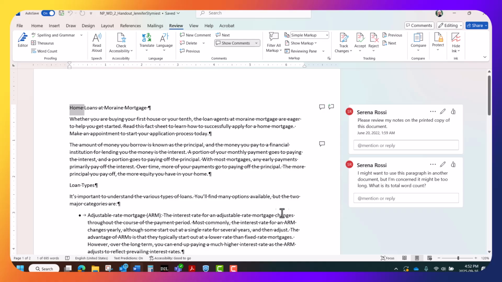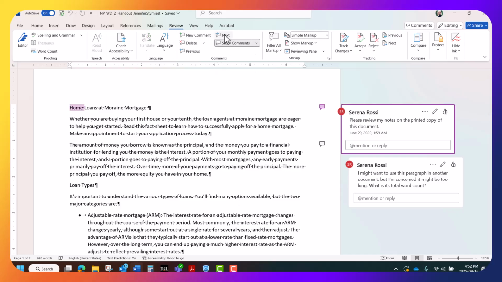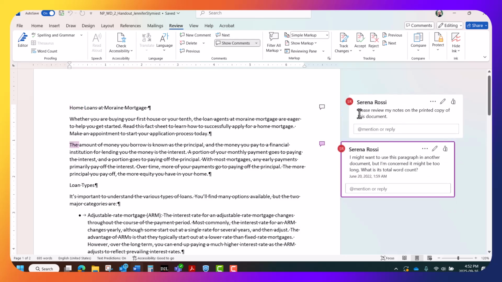Okay, so I just want to make sure that my insertion point is at the beginning of my document. So I'm going to hit Control Home to go to the beginning. And in my comments group, I'm going to click on Next. I want my first comment to be selected, so you can see it's selected by the purple border. So read that comment and then click Next. So the next one,